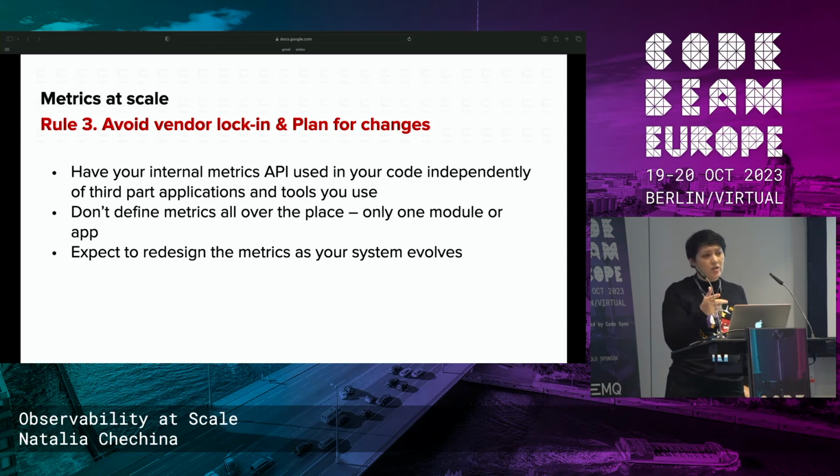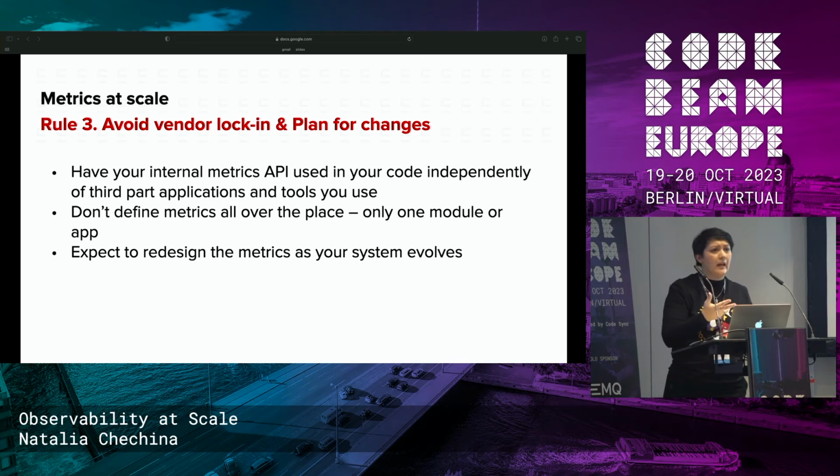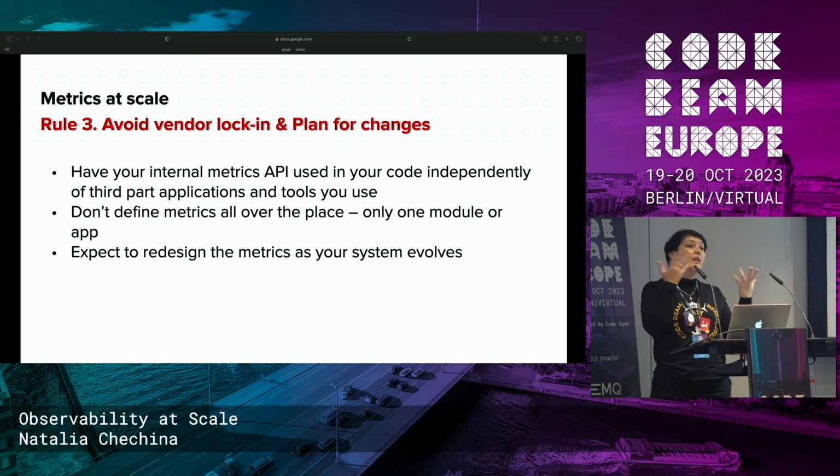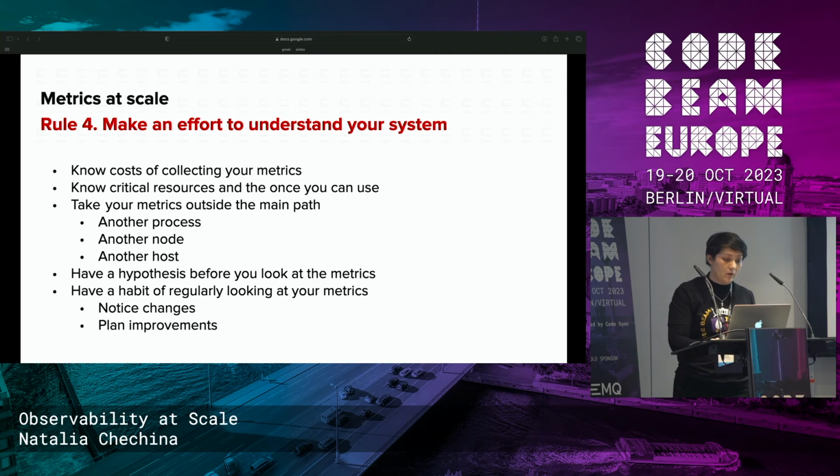Your system changes, your metrics will need to change as well. And think about it, right? Be ready for that. When you design something, don't think that it's frozen now and will stay forever. It's the same as with your application, right? You design an application, it grows, you are ready for it to change. The same is true of metrics. Metrics live with your system. They also need to adapt, they need to change, to remain useful, of course.